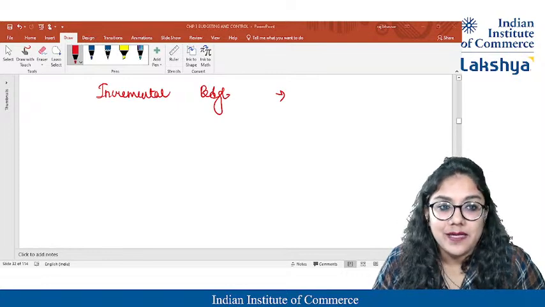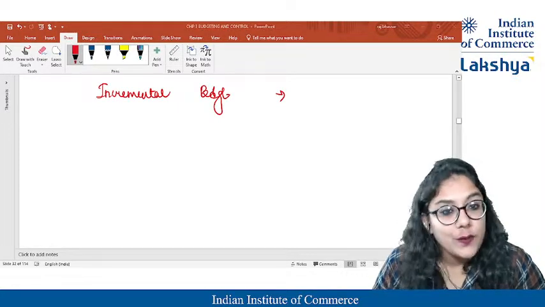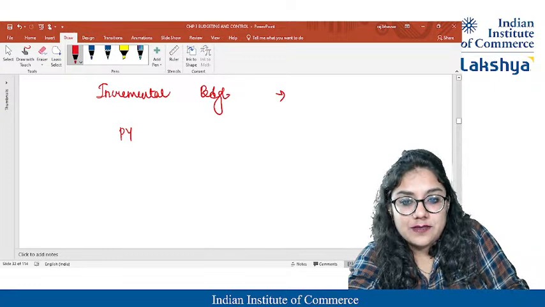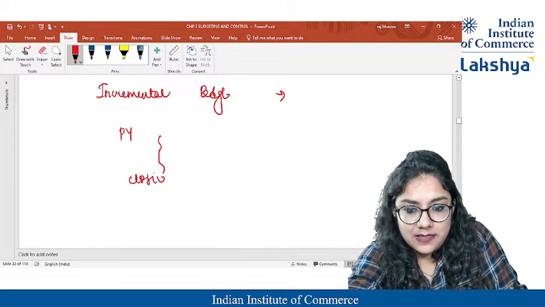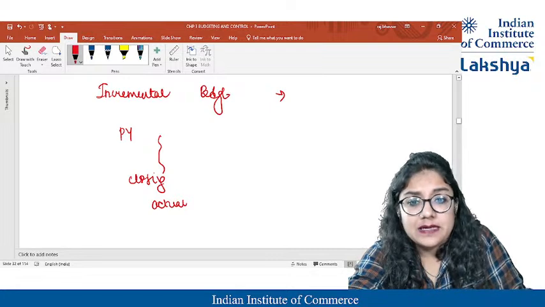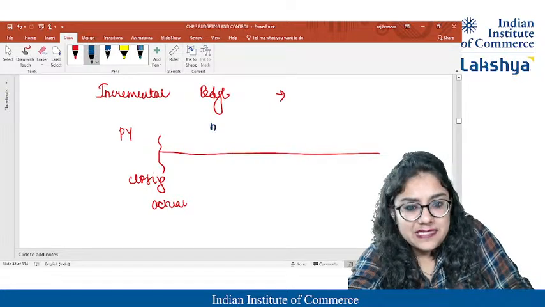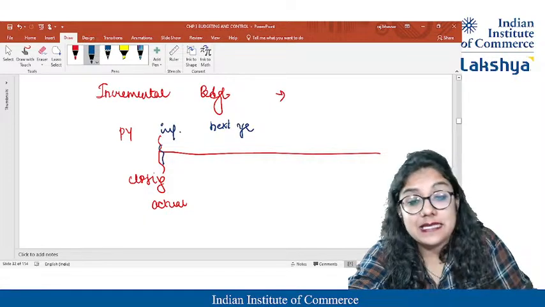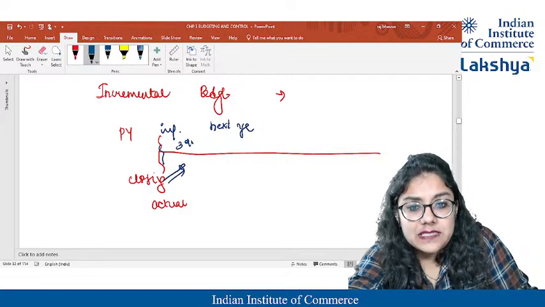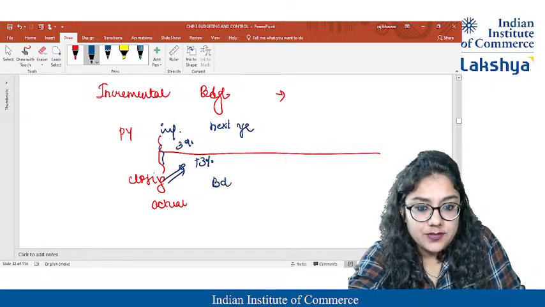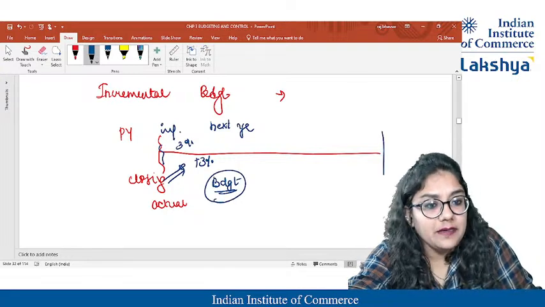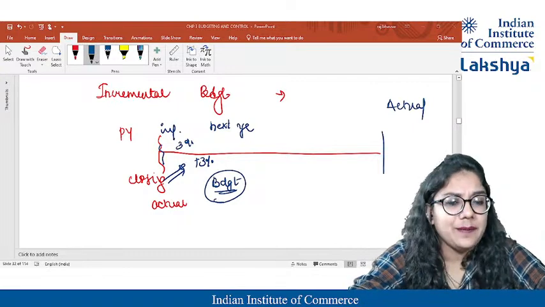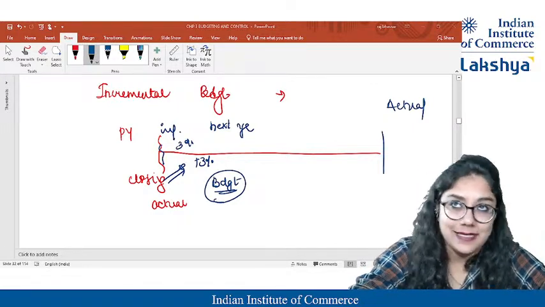So when I say incremental budgeting, a lot of companies are doing this today. They see the previous year's closing balance, or the actual results. Considering that for the next year, they will see the inflation rate. Let's say the inflation rate is 3%. On these they will add a 3% figure and make the budgets, and they're done. At the year end they'll compare it with the actual terms and then they will see. So that is known as incremental budget. It's just a simple addition and deletion.